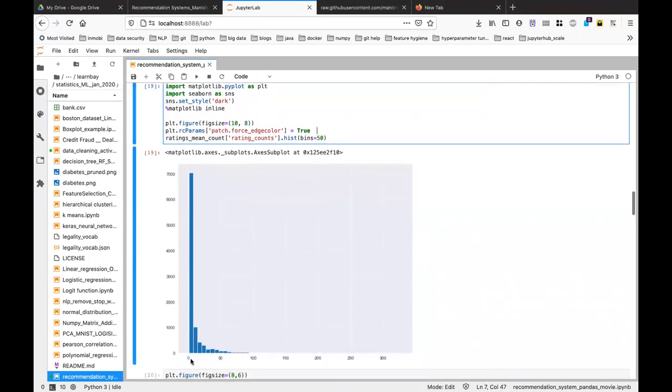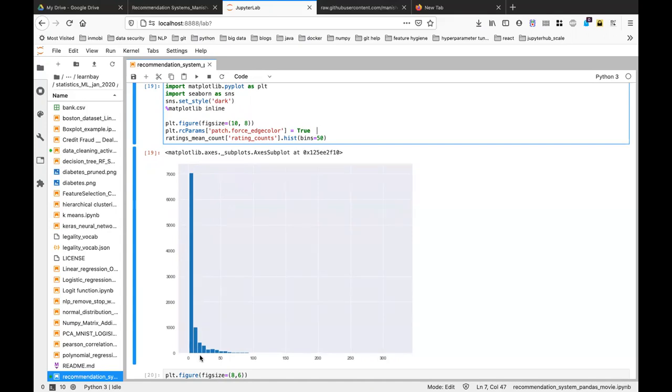So the total number of movies that have 0 to 10 ratings is 7,000. The movies that have 10 to 20 ratings number almost 1,000.